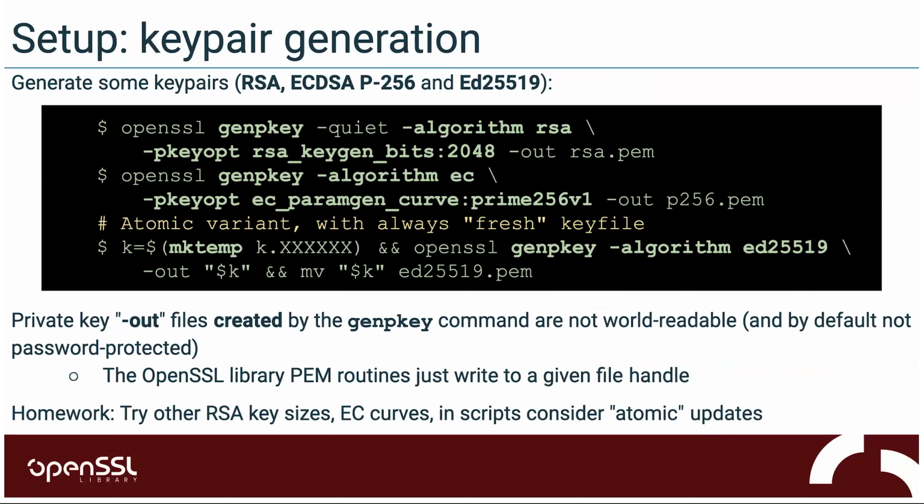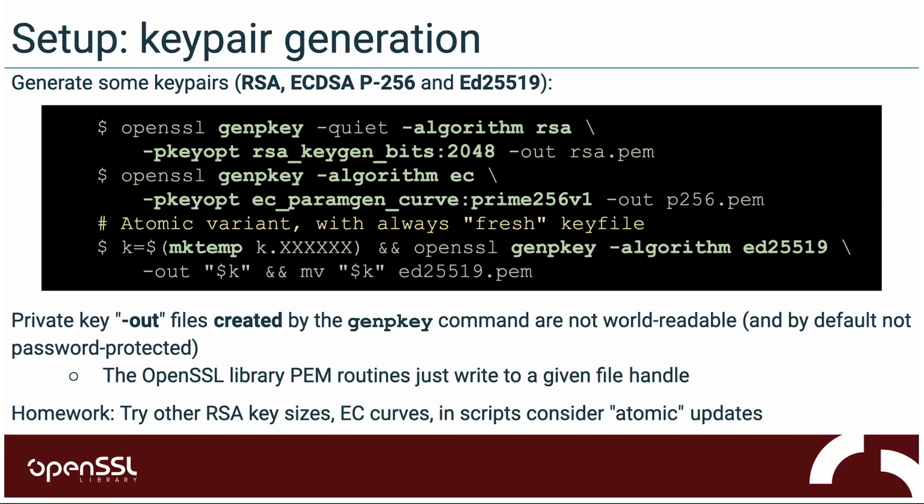So in this slide, I'm showing 3 different ways to generate a key that you might then wrap a certificate around. The first example shows how to generate an RSA key. It happens to have 2048 bits. It's a fairly popular key size for RSA. There's not much point in going a lot larger. The second example shows generating an elliptic curve key for the prime256v1 curve, otherwise known as NIST P-256 or secp256r1. It has lots of different names. In OpenSSL, for historical reasons, we call it